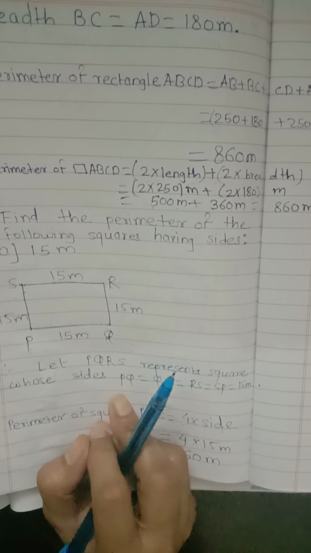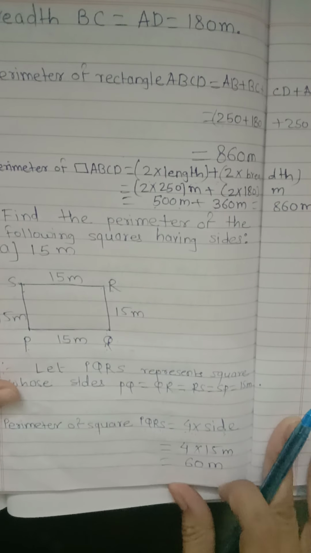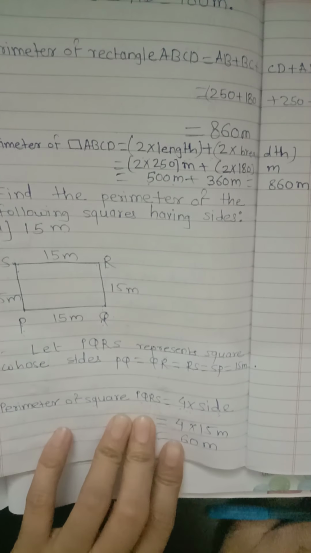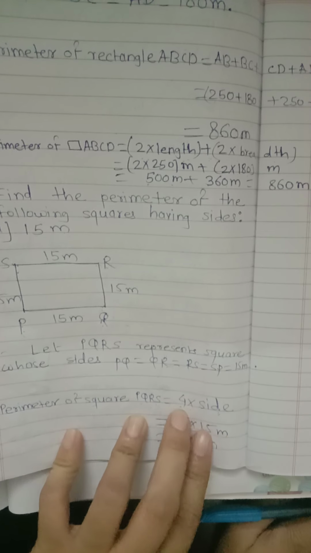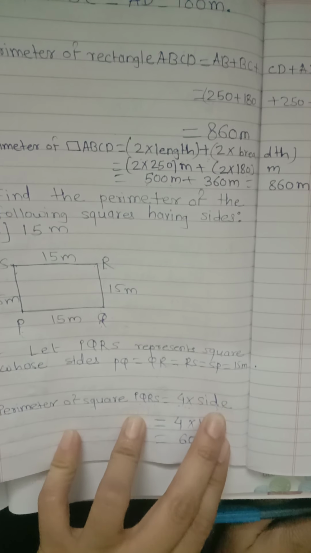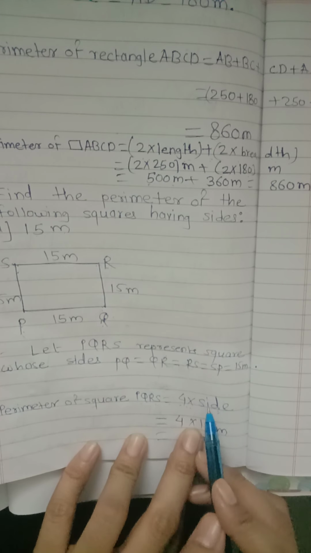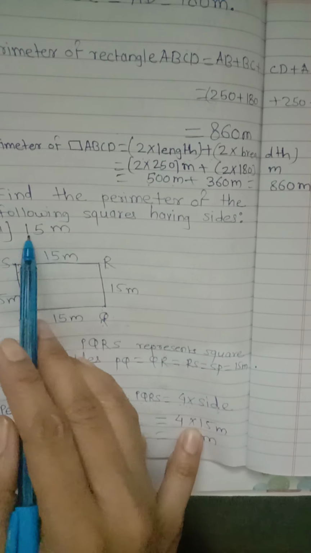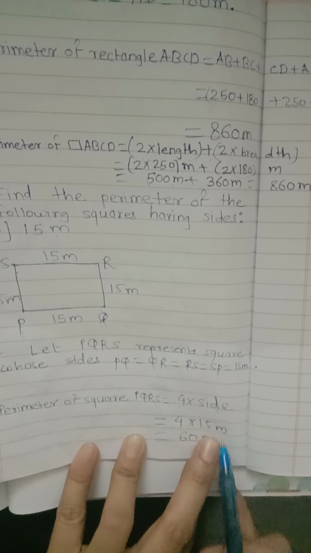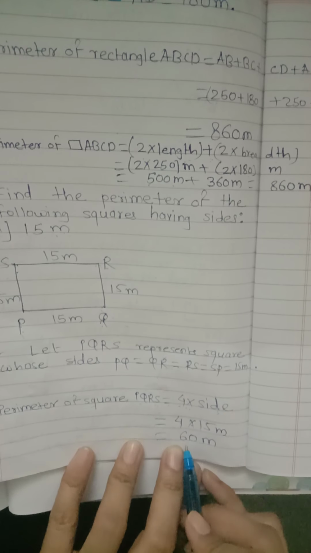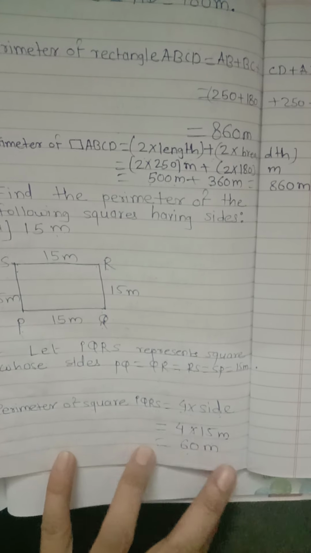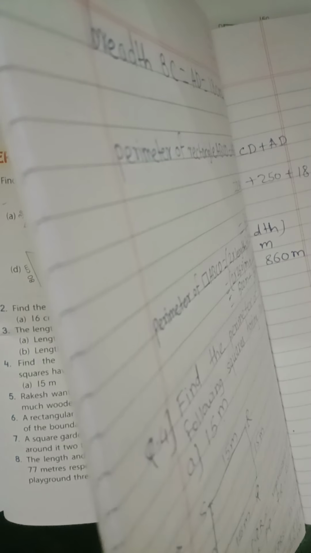So in a simpler way, the formula for the perimeter of a square will be equal to 4 into side. Okay, so 4 into side, so what is the length of a side? It is 15 meters, so 4 into 15 meter, 15 4s are 60, so final answer is equal to 60 meter. In this way we have solved questions till